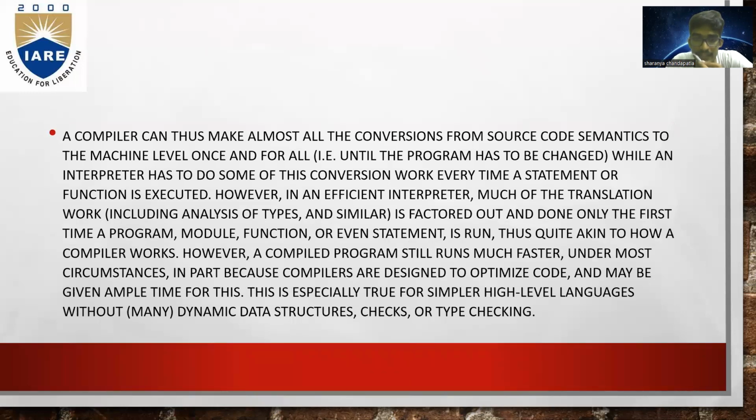However, in an efficient interpreter, much of the translation work, including analysis of types and similar, is factored out and done only the first time a program, module, function, or even statement is run,